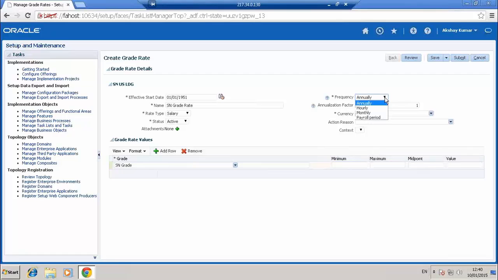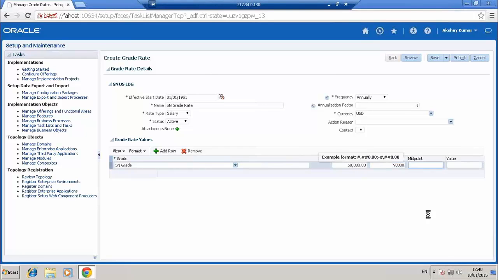Even the frequency which you want, you can select it here, whether annually, hourly, anything. Again, the rate type concept, these are the three default ones: bonus, overtime, and salary. So give it as 60,000 and 20,000.